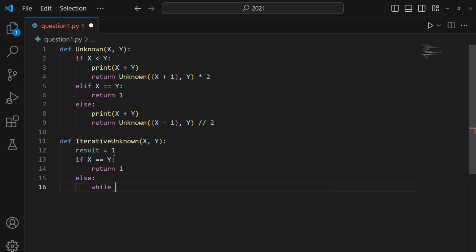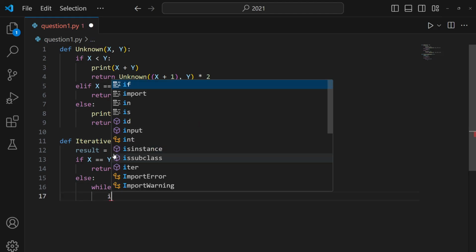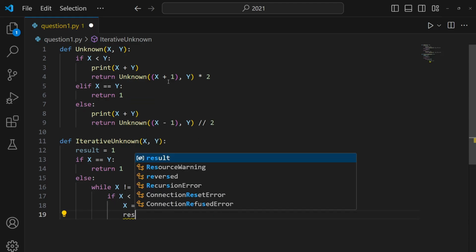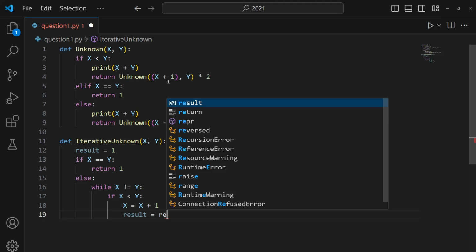Else, while x is not equal to y, that's when we keep running the loop. Over here, let's first check if x is less than y. If so, we want to update the value of x to x plus 1. And result should be updated accordingly. So result